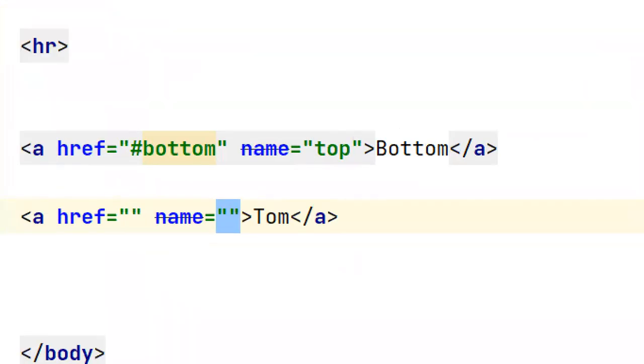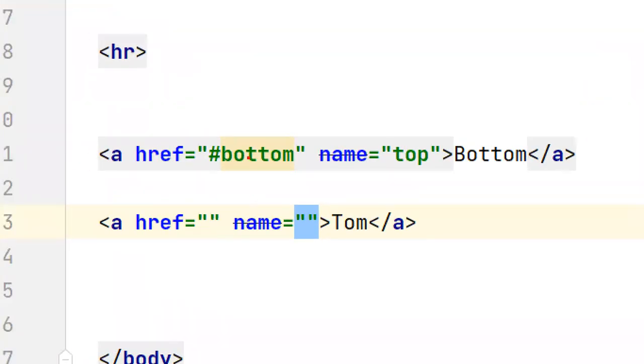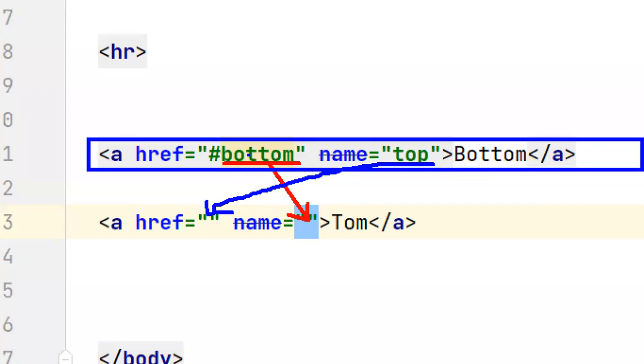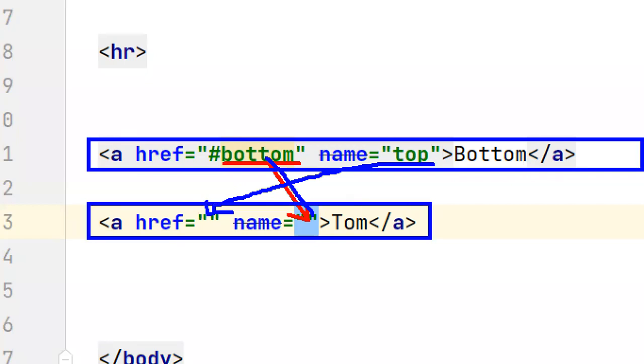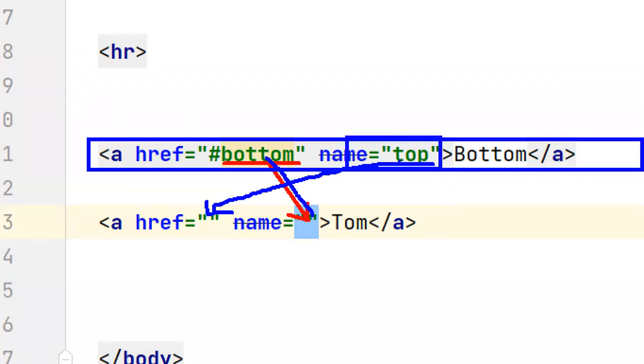Carefully observe: whatever value is in the href here, you need to give as name equal to in the other location. And whatever value is in name equal to here, we need to give as the href value in the other link.